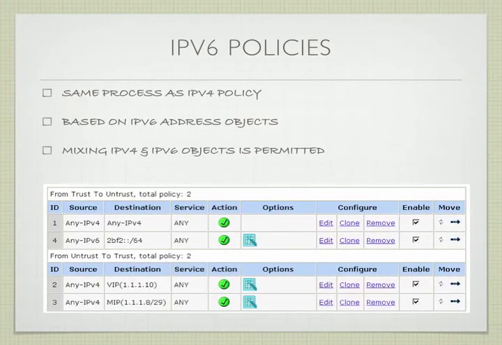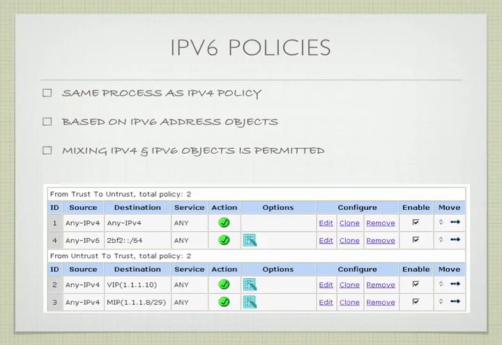And here you can see a sample of some policies configured using address objects in IPv6 and IPv4. You'll notice the special any object has been supplemented by enabling IPv6. We now have IPv4 any and IPv6 any objects available for use in our policies. And we can create address objects to IPv6 addresses. Now, this destination in policy ID number 4,